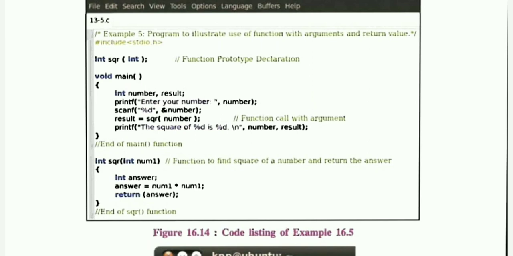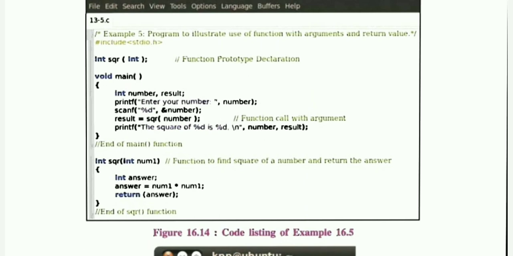Then after that, the function that we are declaring, that is the square function. So after the header file you can see this is the declaration, means the prototype of our user defined function square. So the return type is integer, because here we are returning the value back to our main function. That is why here the return type is integer. Function name is sqr, and in the brackets as a parameter we are passing one integer value. So in that also we have written int and semicolon.